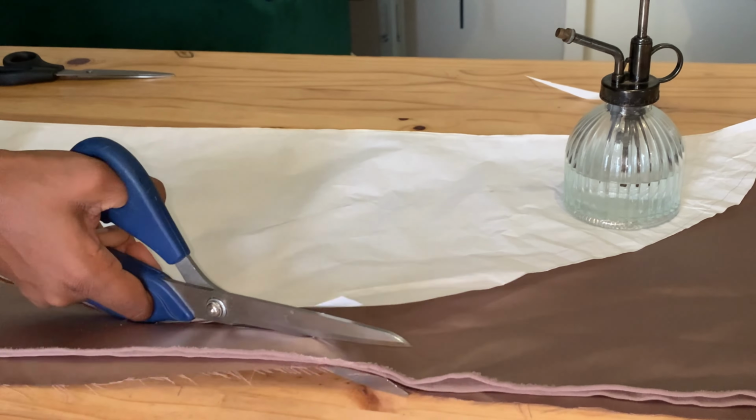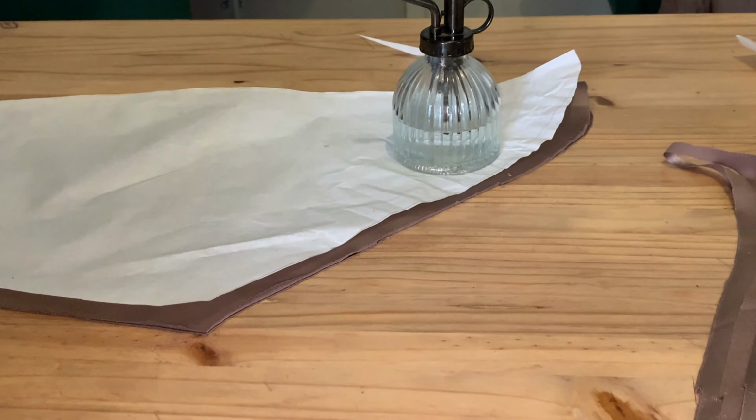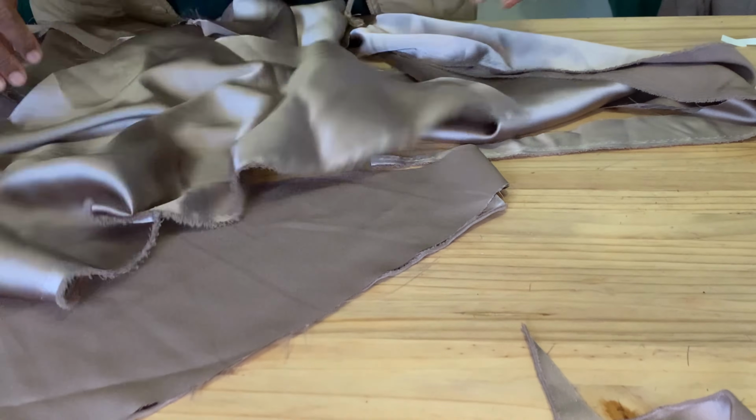So I've cut also the pattern for the sleeves. So this is what I'm doing right now. I wanted it to have more material on the shoulders, kind of like gathers, you're going to see at the end. Yes, and now with the leftover pieces, you know what I will advise you,